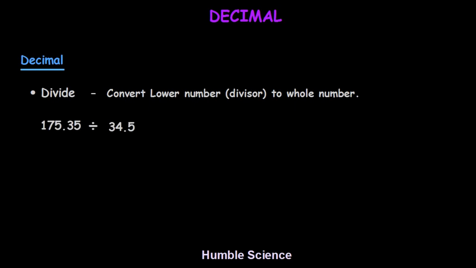And now let's try to divide decimal numbers. The key is to convert the lower number to the whole number first, then divide normally. Let's try 175.35 divided by 34.5. We can write this down. 175.35 divided by